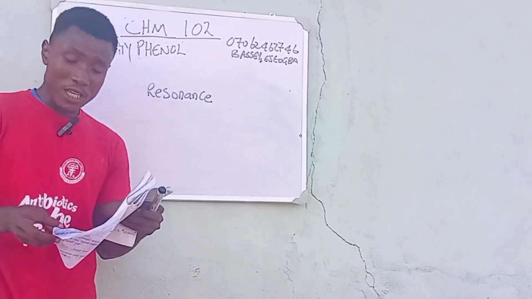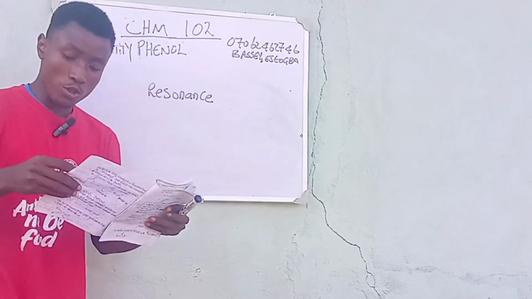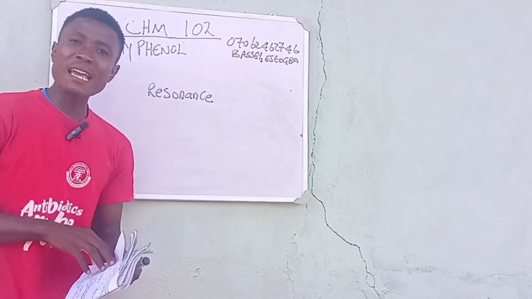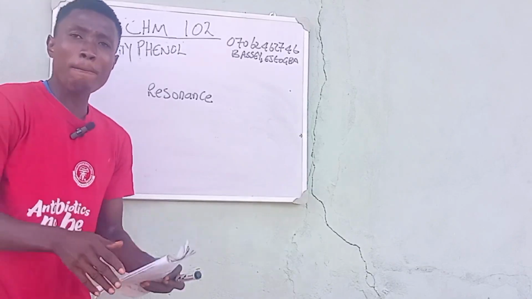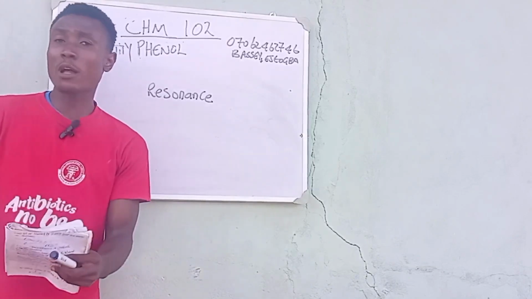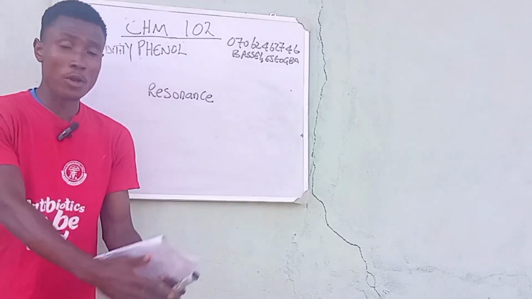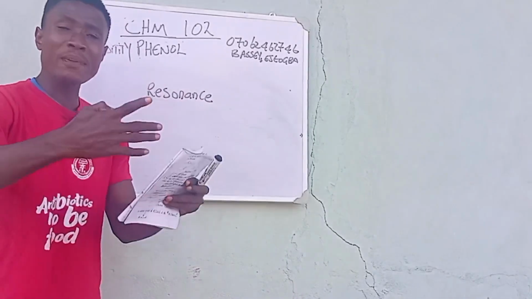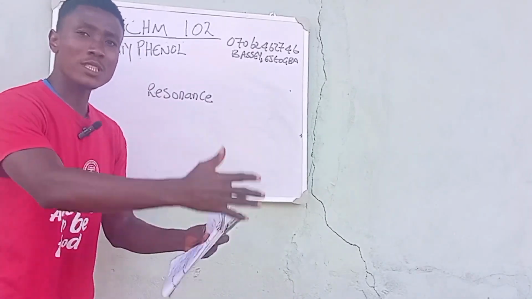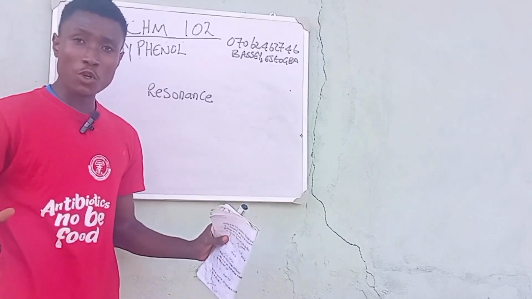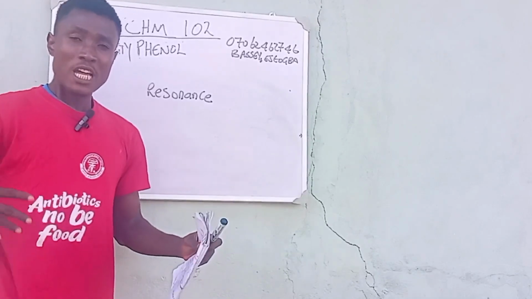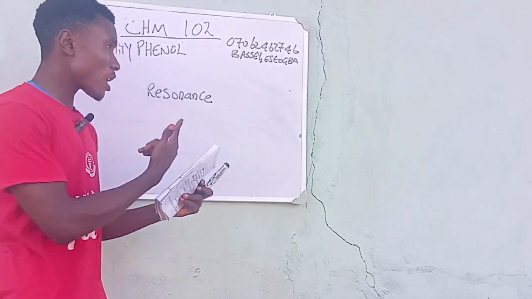So this negative charge on the oxygen is donated to the nucleus of the phenoxide ions, and they begin to migrate from one pi electron to the next. Remember I've already talked about the pi electron, and I've already talked about sigma, the sigma bond and the pi bond. So when they begin to move from one pi electron to the next, they lead to what is known as vibration, and this vibration in chemistry is known as